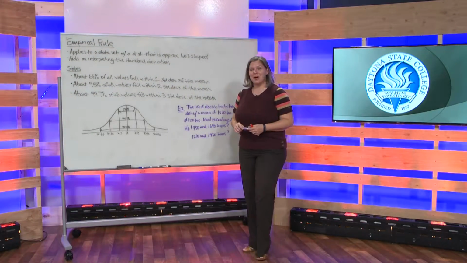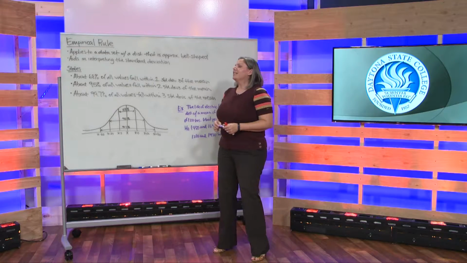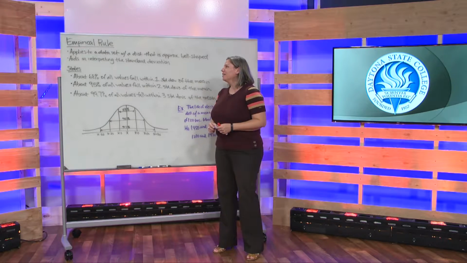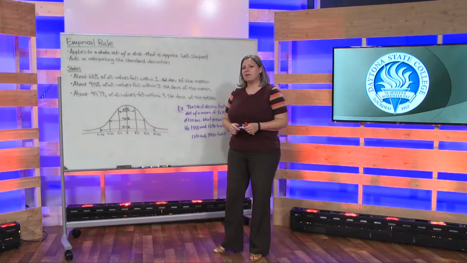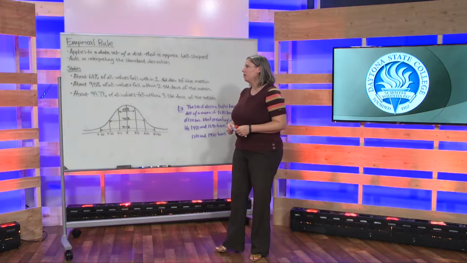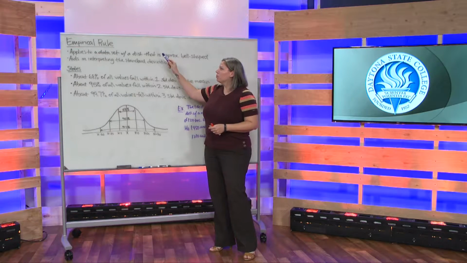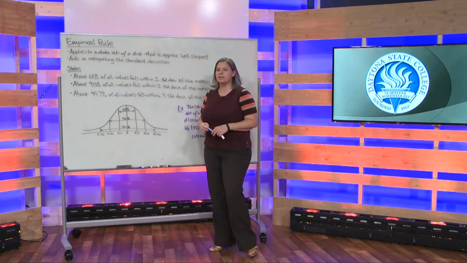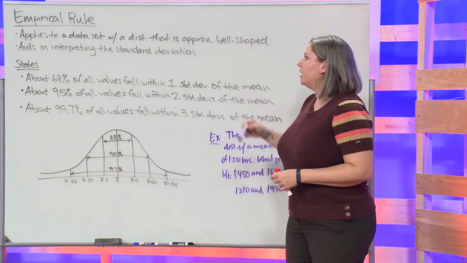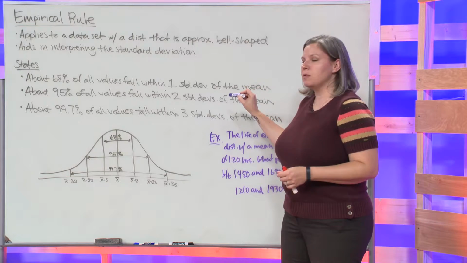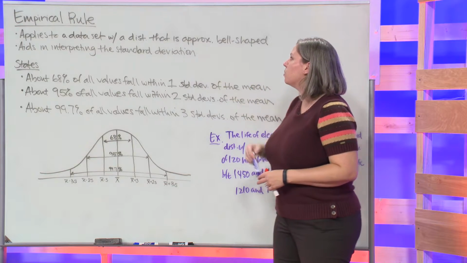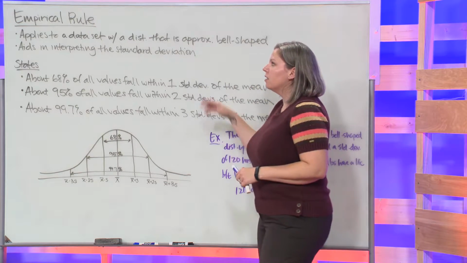In this video, I'm going to be talking about the empirical rule. The empirical rule applies only to data sets in which the shape is considered bell-shaped. What does the empirical rule tell us? It's going to aid us in interpreting our standard deviation. So again, if we know, and this has to be true, that our distribution is approximately bell-shaped, then the empirical